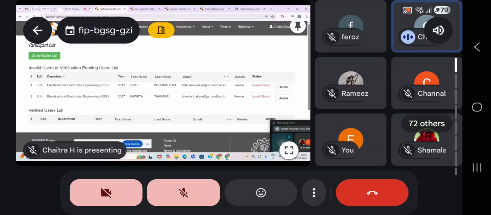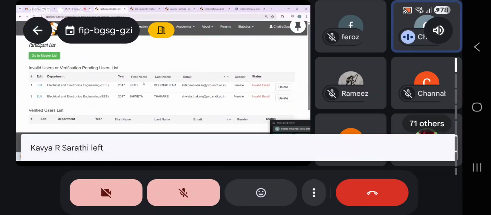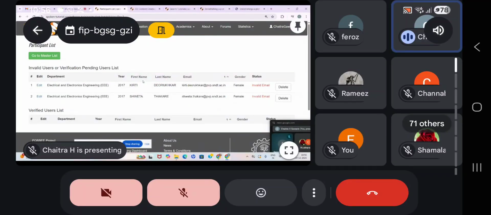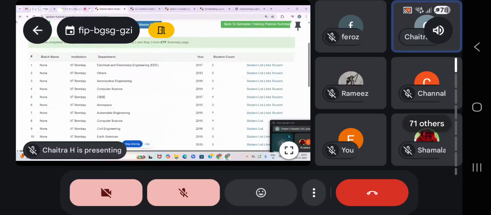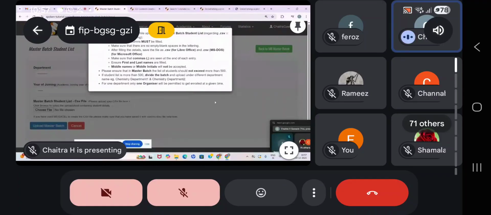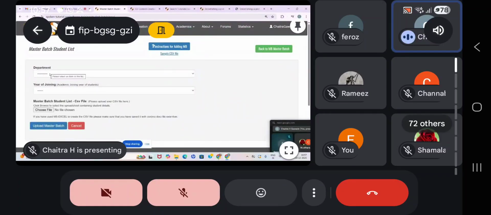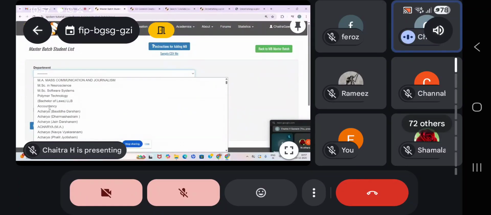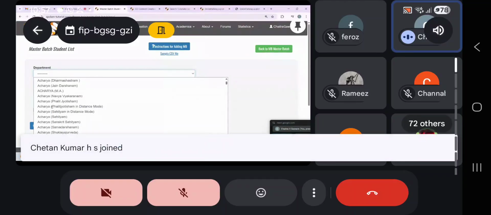2024 students will be in another Excel file. Like here you can see the year is mentioned. So year wise, if we upload student data, then we can select that year, that particular course. So year wise is very important, and department wise also. Like here, once this Excel is ready, you will upload here the department, whatever your department is.